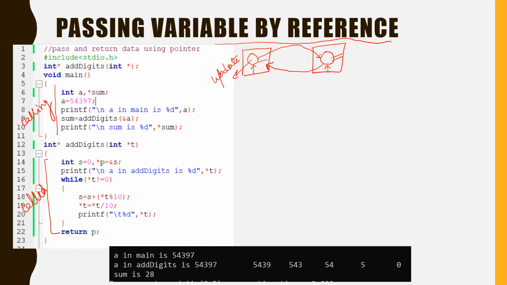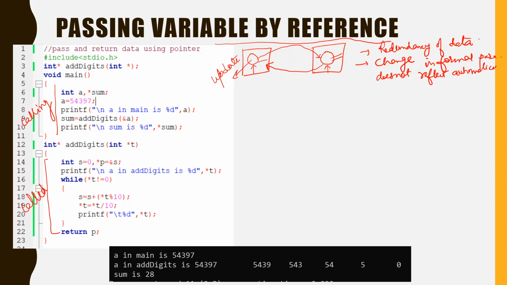So this is the disadvantage of passing variables by value: there is redundancy of data, and a change in the formal parameters does not reflect automatically in the actual parameters.